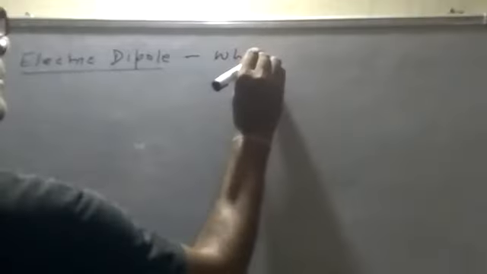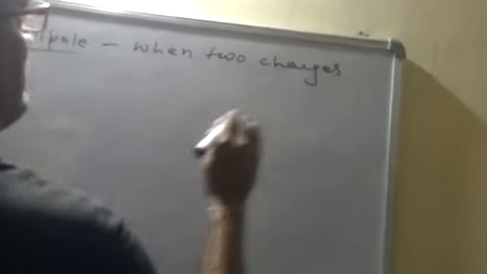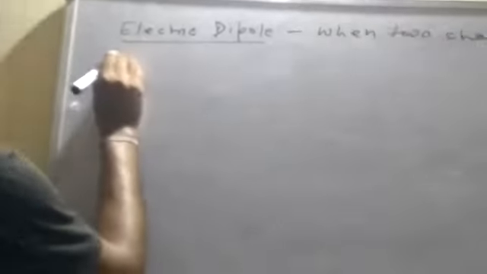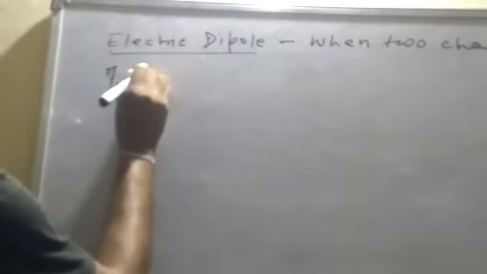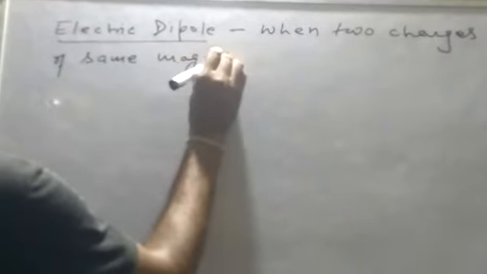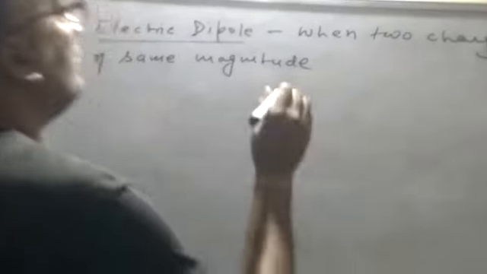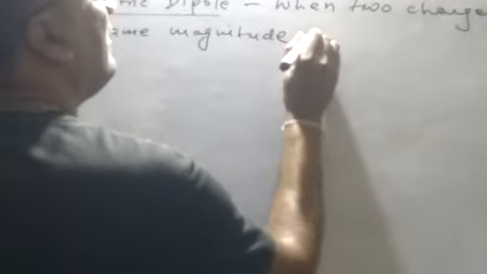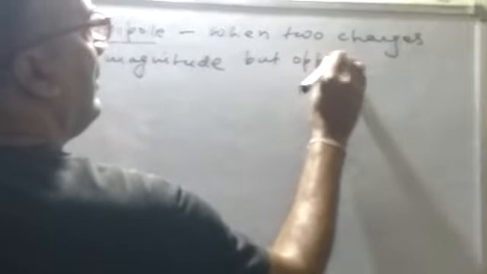So the definition of electric dipole is when two charges of same magnitude but opposite in nature